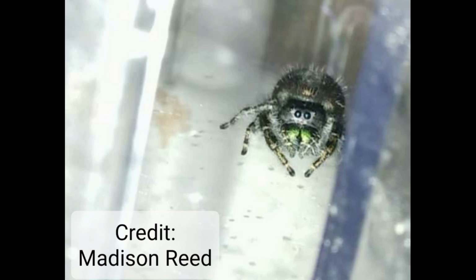So they're probably going to lay between 3 and 6 egg sacs, and it's really important to know what you're dealing with if you find a wild caught spider. So to recap, if she's wild caught and it's female and she's got the epigynum, which means that she is mature,